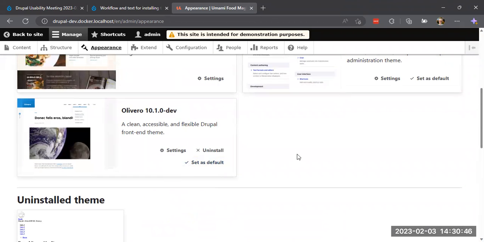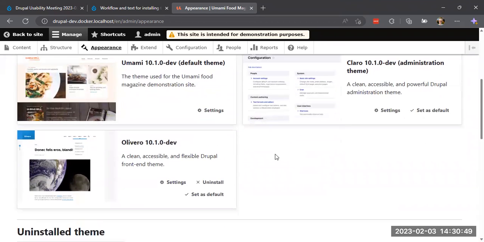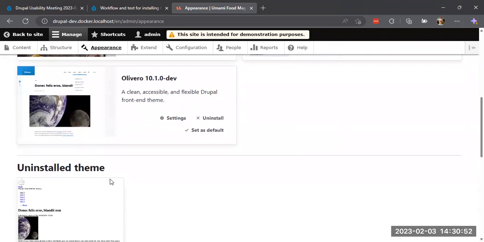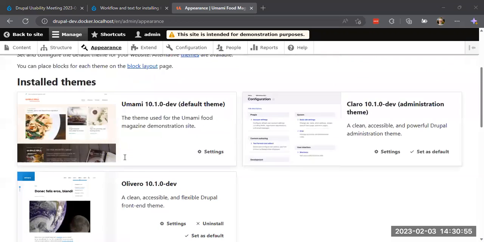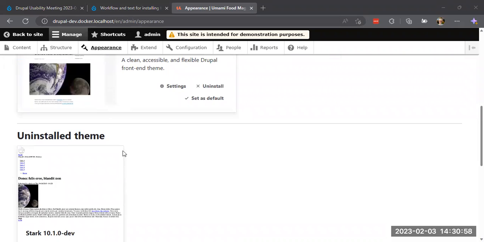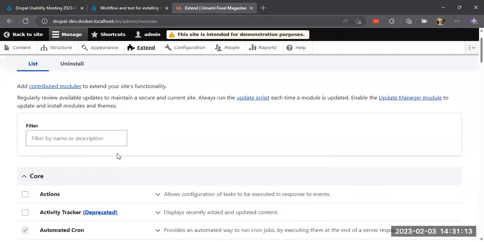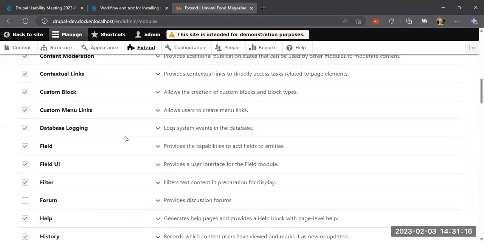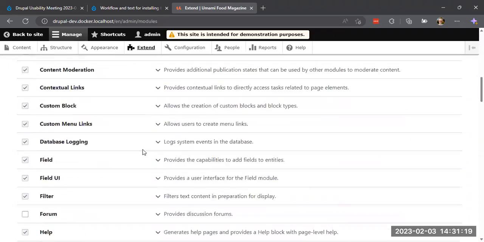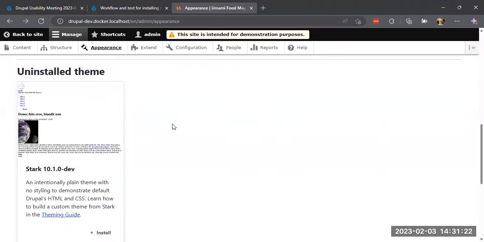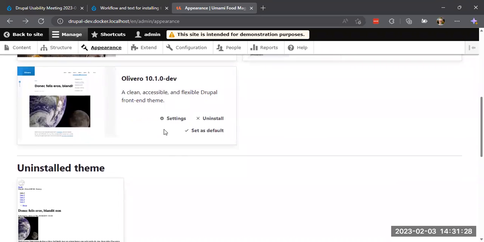But my suggestion for renaming would be simply rename uninstalled themes to available themes. So those themes that are available to be installed after they are added via the add button. That would be the most straightforward, and would also apply to the extend page, but there is a different pattern and therefore available isn't needed. Yeah, there it is communicated via the checkboxes. Right. But on the appearance page, those category headlines are necessary and mandatory,